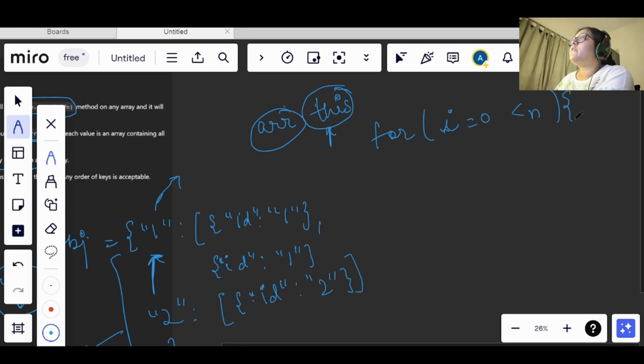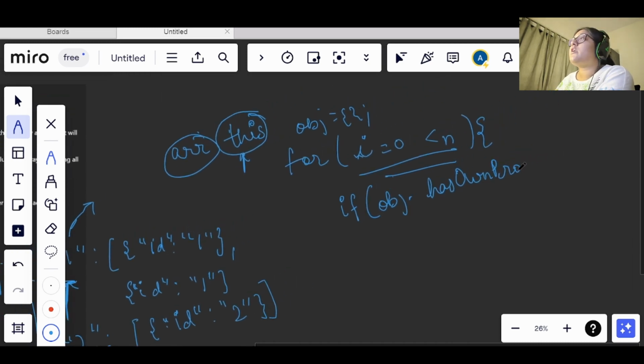Okay, so what we will do here, now we have this, we will start iterating, right? Now we will check if our object, we will declare the object here. Now if the object has this property, this hasOwnProperty, what it checks is whether your object already has some value inside it, or the whatever key we are passing, it already has a value or not.